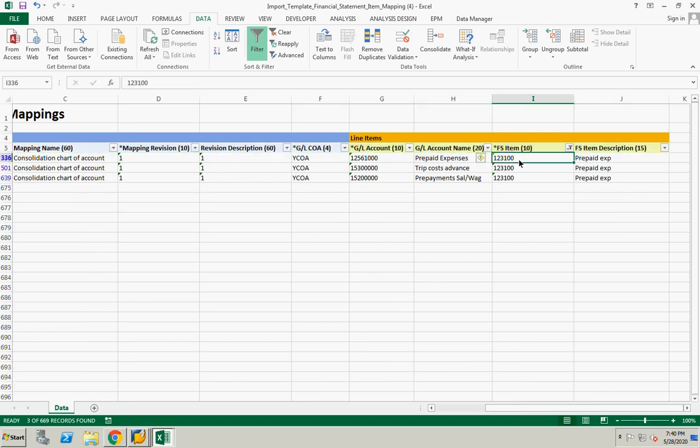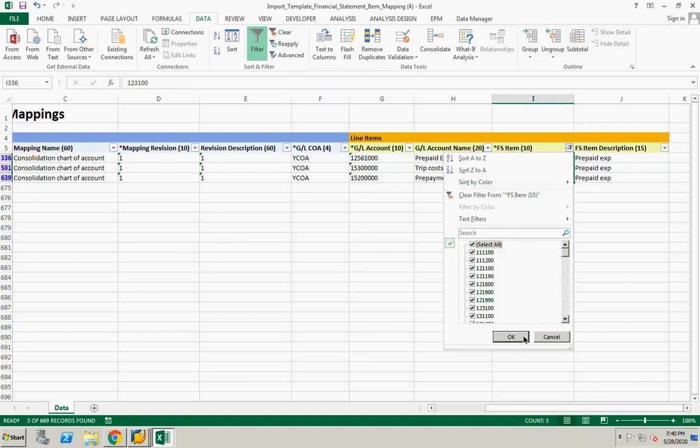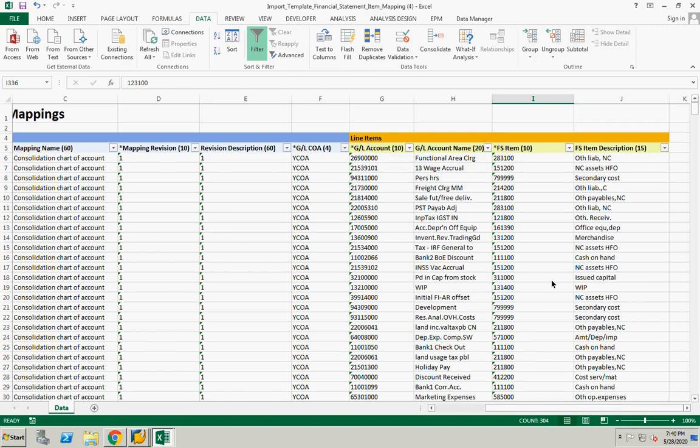So here, my prepaid expenses, 123100, 123100, and these three operational chart of accounts are mapped to one financial statement item. This mapping file is very important in your project. This is the main task, because lots of reconciliation issues come based on this, because you mapped wrongly to some FS items, or you missed mapping one particular operational chart of account to an FS item.